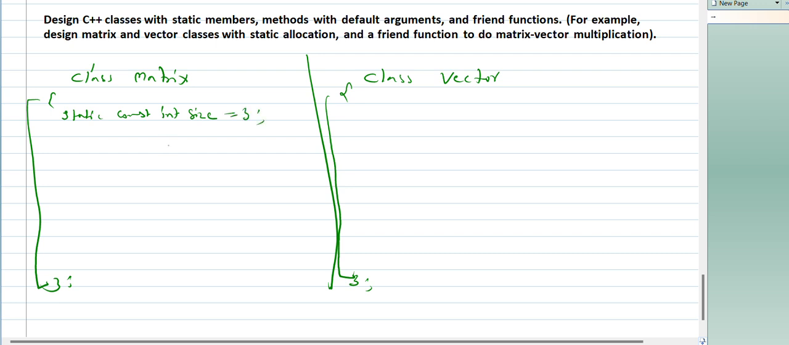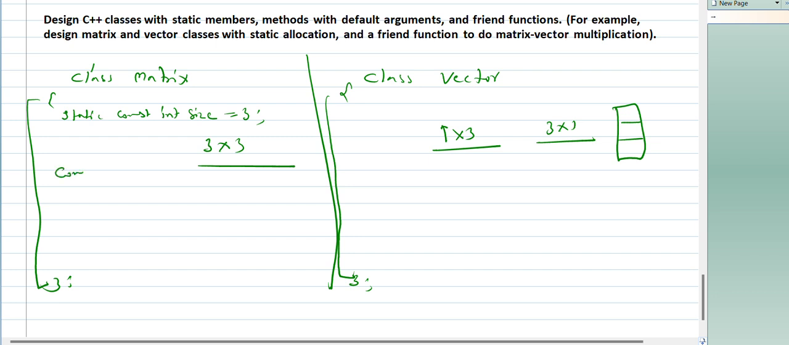We basically want to create a 3 into 3 matrix, and here we'll create a 1 into 3 matrix, or we can say a 3 into 1 matrix. So it will be like this one. We'll have a constructor